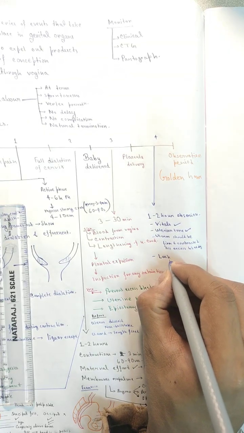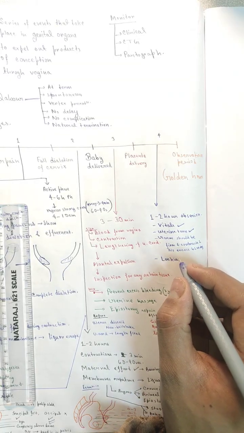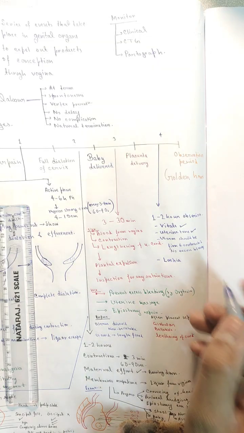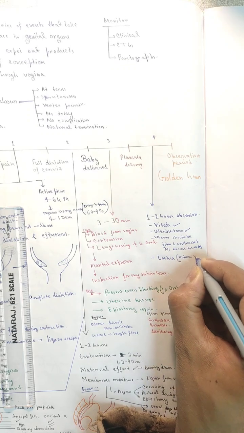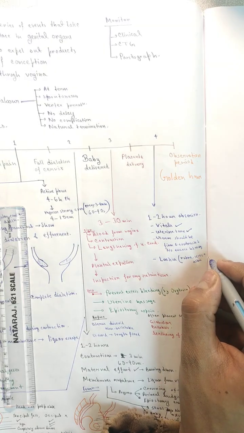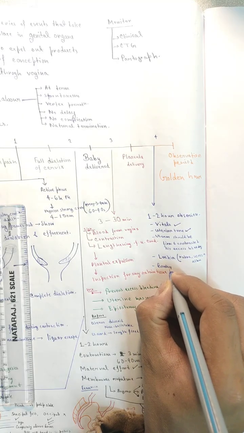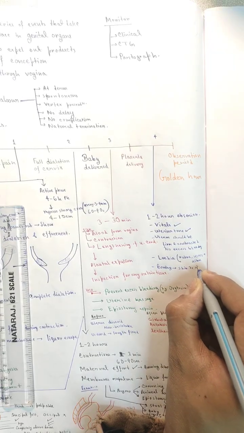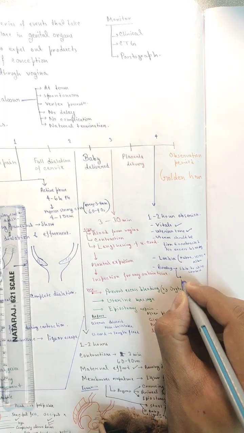Monitor the lochia rubra, lochia serosa, and lochia alba. Last one. Rubra, serosa, then alba. Next, bonding and skin to skin contact, breastfeed,